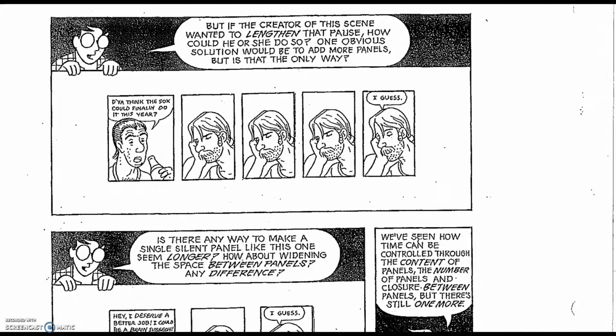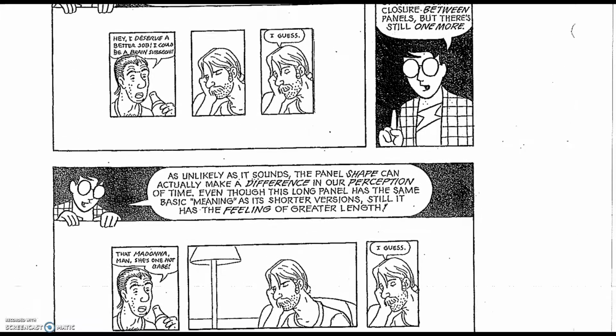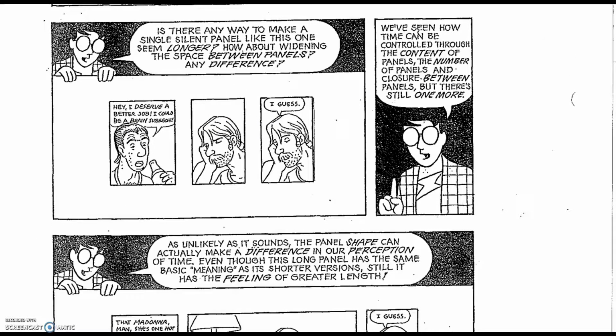Time is going on. On the bottom one, you've got time passing. How do we know? The elongation of the panel. It is longer, the middle one. So it takes longer for our eyes to go from the left to the right side of this panel than it does to this one. So time is passing. The hardest one, I think, is the middle one. How do we know time's passing here? I'm going to give you a second. What's different? Okay? The answer here is the space between the panels. Look at the great distance between each panel. Time has passed. It takes our eyes longer to get from this side to this side. I'm going to continue on video